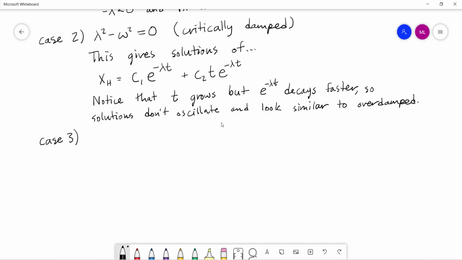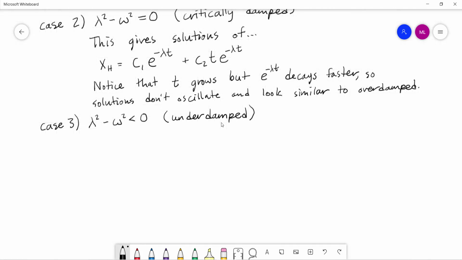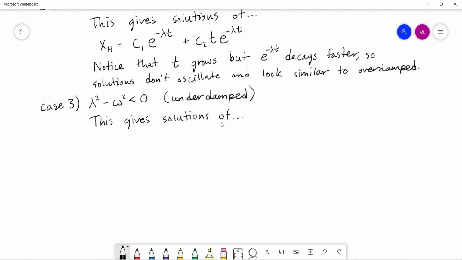So case number 3. And this is the case where I want my lambda squared minus omega squared to be less than 0. This is our underdamped case. And in the underdamped case, we get solutions that look like the following. Okay, so this is going to have solutions that look like x homogeneous is equal to